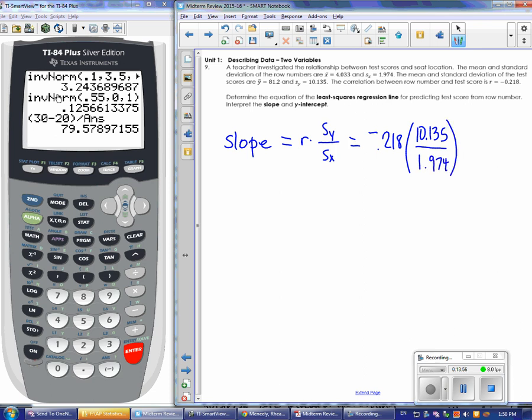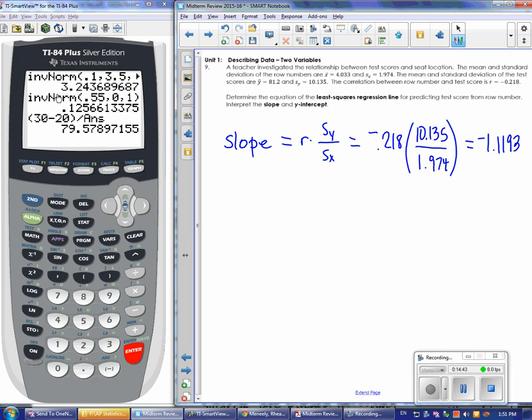And I guess I should probably talk about what this problem represents. We're looking at whether or not the row number affects test scores in a classroom. And so obviously I'm going to end up with a negative slope here, and the value you should get is negative 1.1193. You're asked to interpret this value. With slope, it's always as x increases by 1 unit, y is expected to either increase or decrease by the value of the slope. Don't forget to use units as well, because you want to make sure you put it in context. So in this case, what we're saying is as the row number increases by 1, the test score is predicted to decrease by